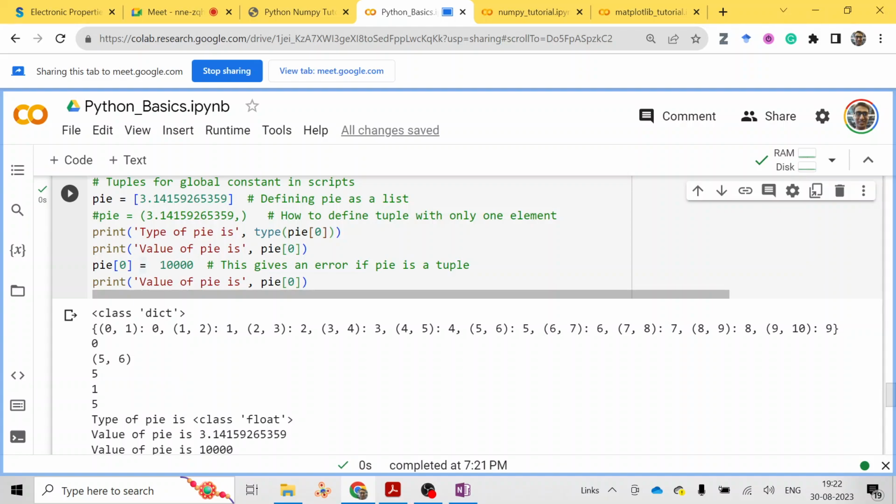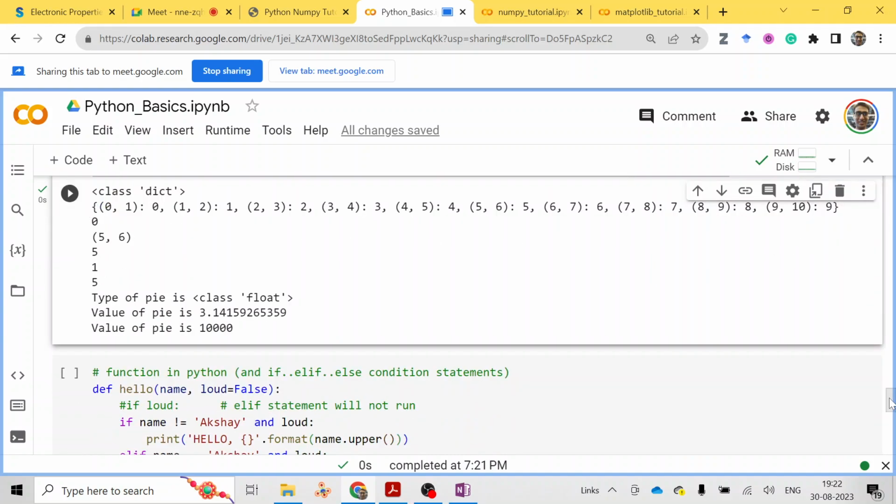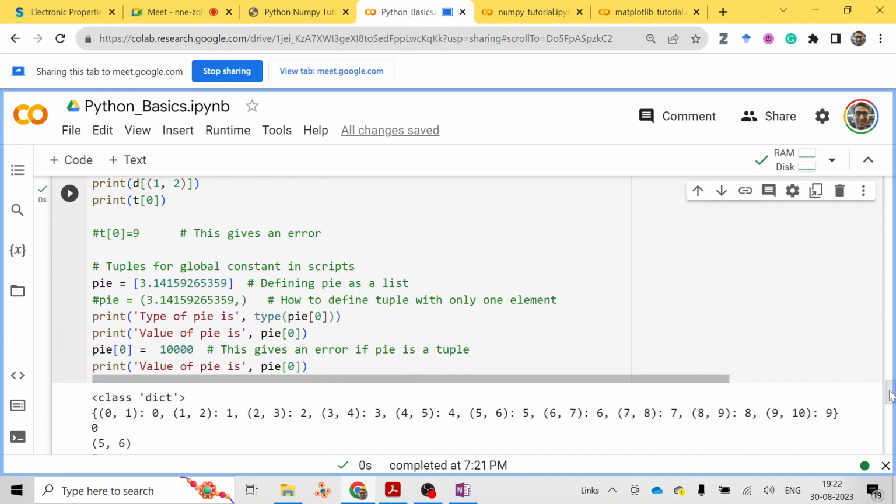Since we know that lists are mutable, I can just change this pi 0 value to 1000, and now my value of pi, which is stored in this pi list, has been changed. You don't want this to happen in your code. So what you can do is store these constants in a tuple,